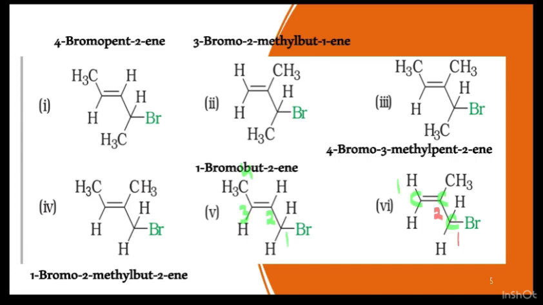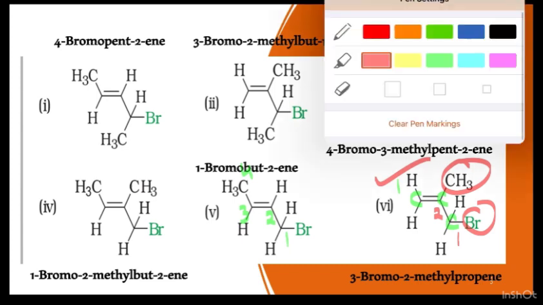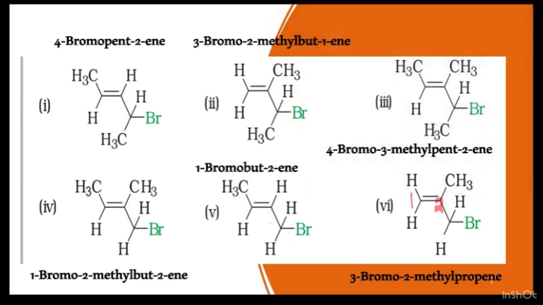This becomes prop-2-ene, right? So prop-1-ene obviously will be preferred, same reason. And you have two substituents, methyl and bromo. So the same way you can write the name here also. I'll start numbering from this side, so it becomes 1, 2, 3. 3-bromo-2-methylpropene. Even if you don't write prop-1-ene, it is okay, it is understood that in case of propene there are